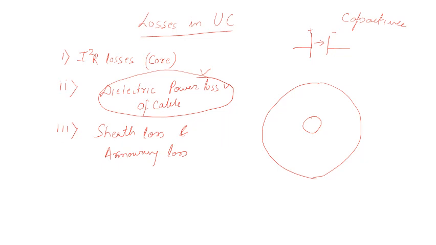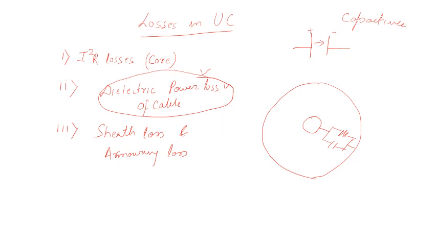So what people used to calculate that there is a dielectric medium between this, and they just model it with a resistance and a capacitance in parallel. This resistance is the insulation resistance, and this capacitance is the capacitance of the dielectric medium. So this modeling of your insulation creates some losses. The loss will be in the insulation resistance, but this loss will not be in phase with the voltage.